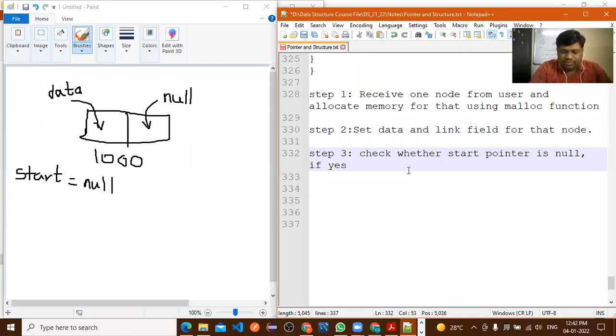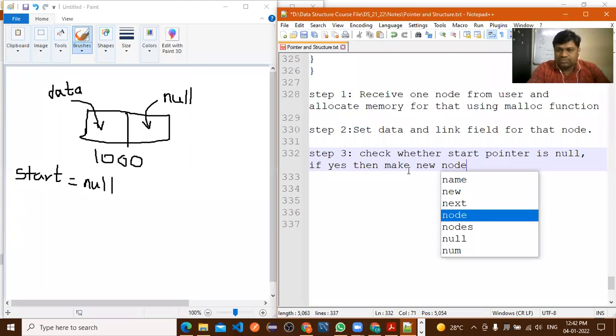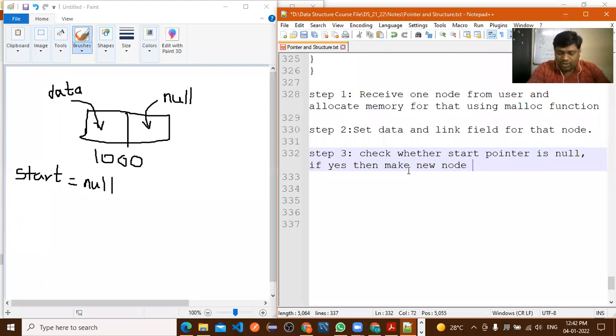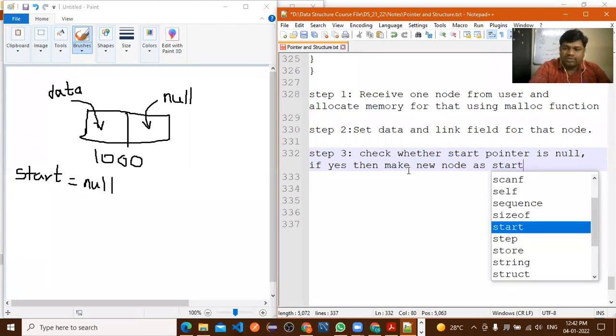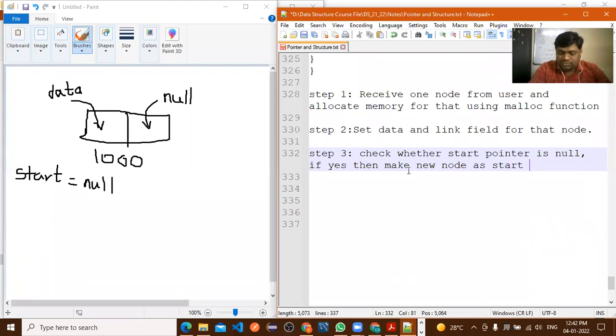If yes, then make the new node the start node.